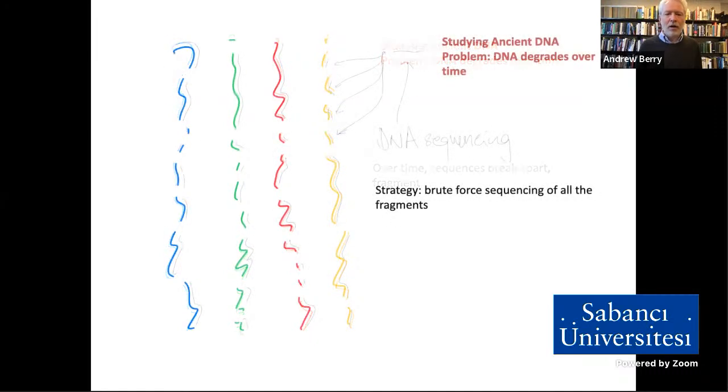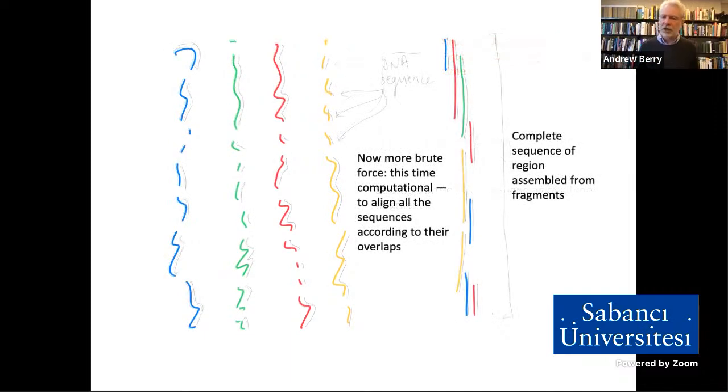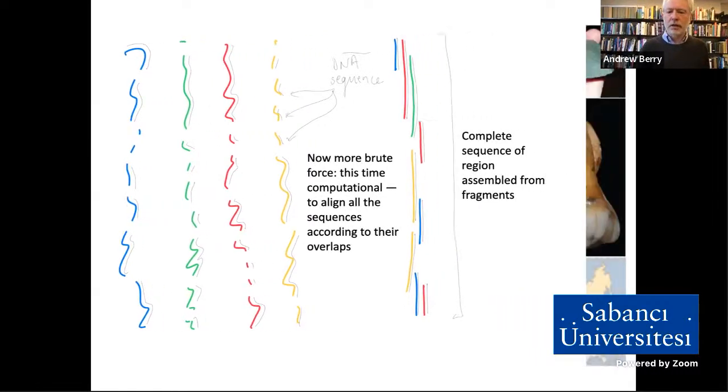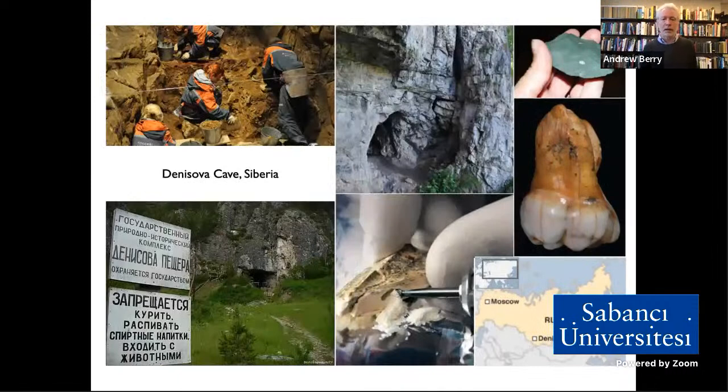What does that mean? Well, now, and this is the cool bit, we can go and sequence all those tiny bits. So every little fragment we've got a DNA sequence for. That's what you might call brute force DNA sequencing. But next we need brute force computation, which allows us to cobble together all those tiny pieces, overlap them to reconstruct the genome of the long dead individual. And I'm sure you know this has already led to some remarkable insights.